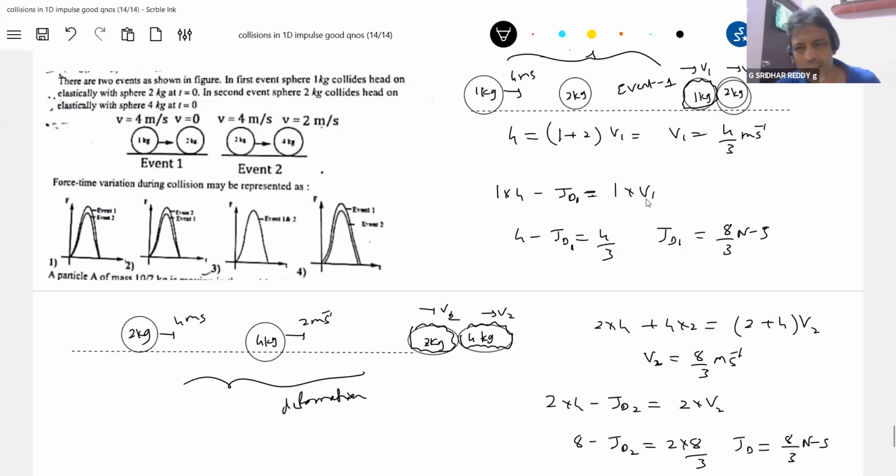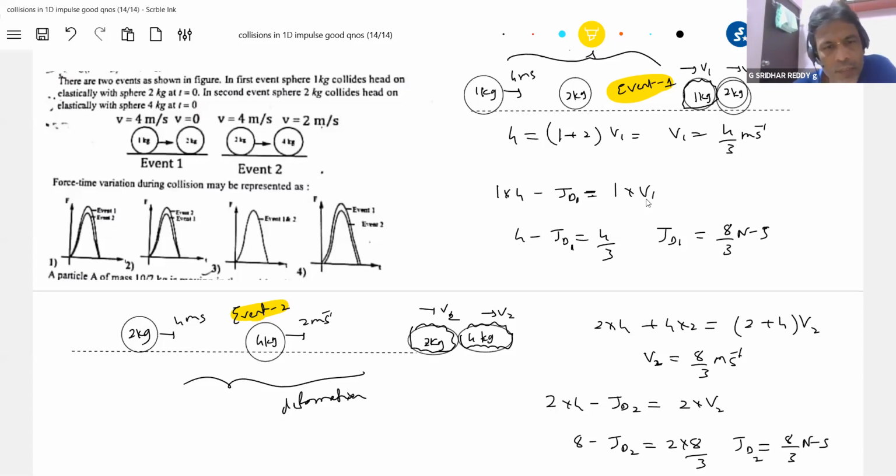Now, what is the impulse? What is the basic idea of impulse? Area under the F-t graph should be impulse, no? So, that is event 2. It's one of the best problems, really one of the best problems. Now, which is the graph you can pick up? Area under the F-t graph is the impulse, and the impulse of deformation is the same for both. So, which is the possible graph I can pick up? The third one.